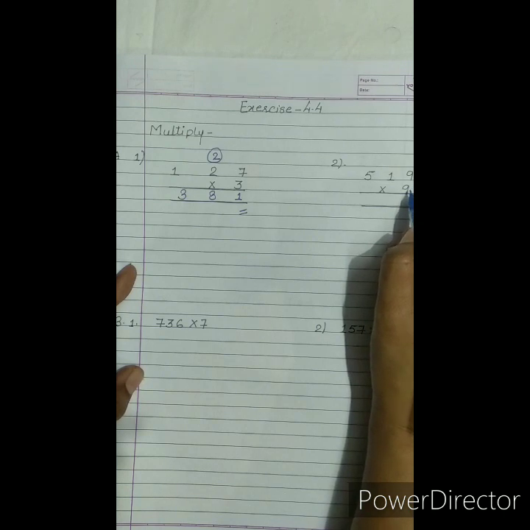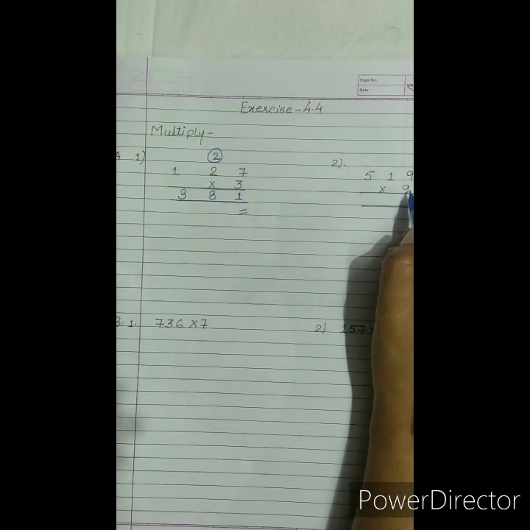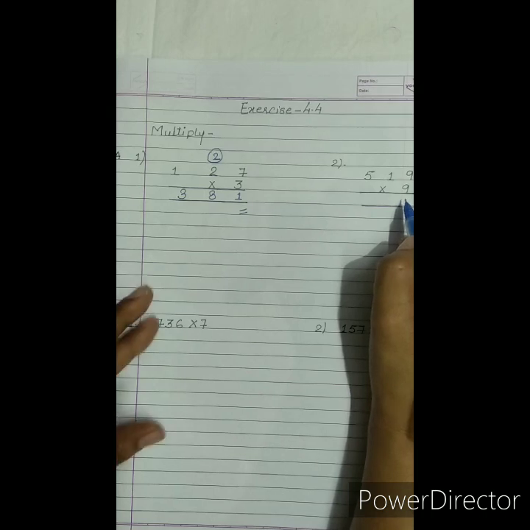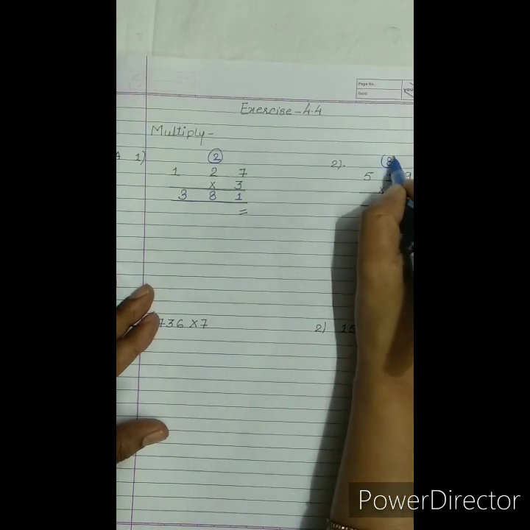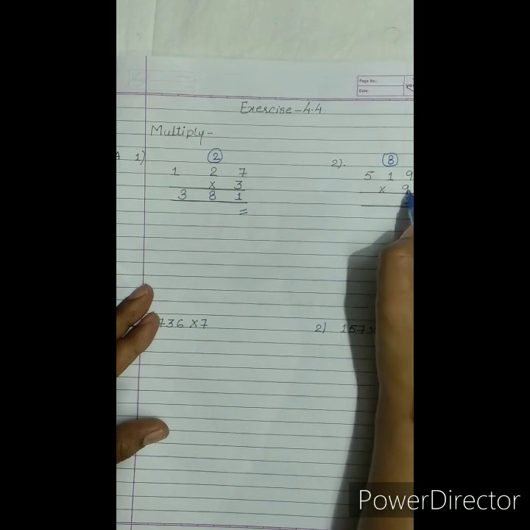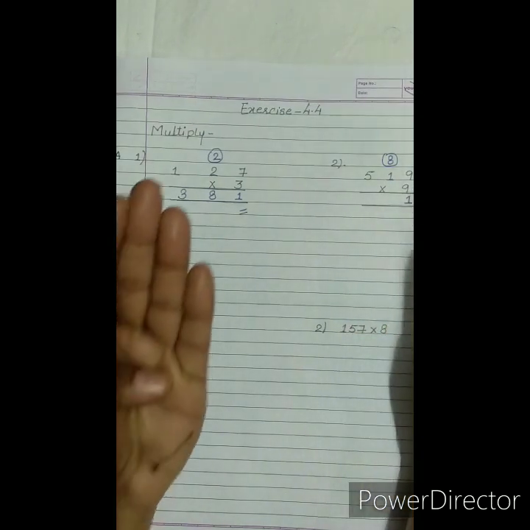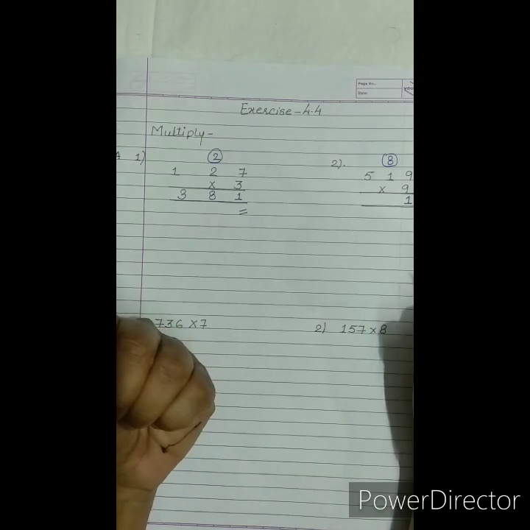Next question is table of 9. How many of you know the table of 9? Very good. Start reading. 9 1s are 9, 9 2s are 18, 9 3s are 27, 9 4s are 36, 9 5s are 45, 9 6s are 54, 9 7s are 63, 9 8s are 72, 9 9s are 81, 8 goes up as a carry. Again 9 1s are 9, 9 plus 8.